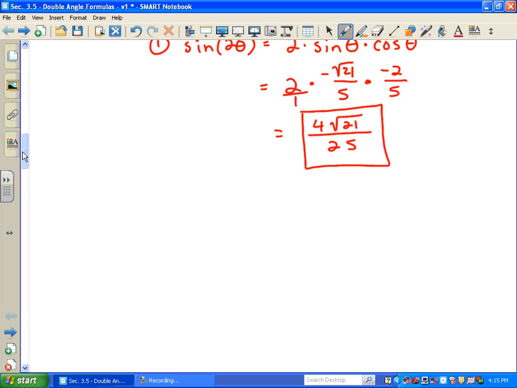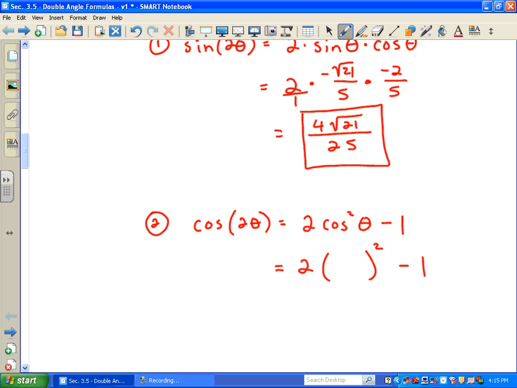Alright, let's work on the next part. We need the cosine of the double angle. Well, we have a choice of equations that we can use for cosine of the double angle. Pick one. Let's say in this case we pick 2 times cosine squared of the single angle minus 1. I generally like to pick one that only has one trig function in it so that I don't have to perform as many operations. Okay, this is 2 times whatever value you get for cosine of theta squared, and then